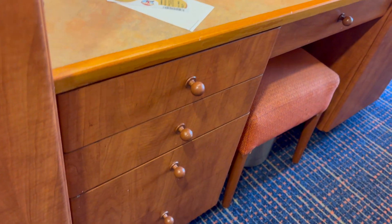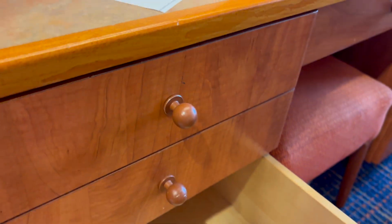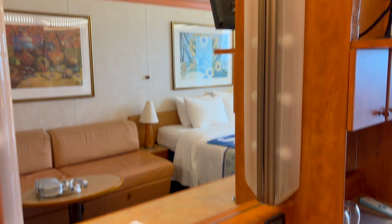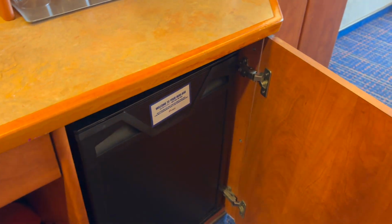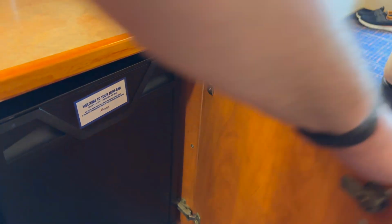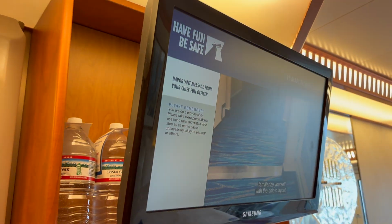We have the area where you can prep to get ready for the evening. And you got some drawers and such over here. A full vanity mirror with the seat, mini fridge. Safe is up here. We have the TV,